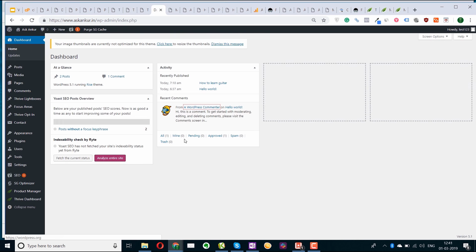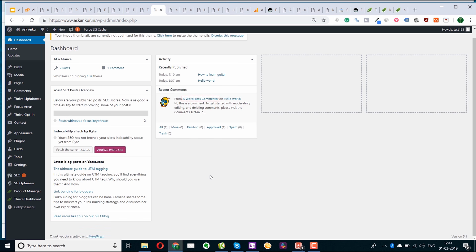Honestly guys, there's too much to learn about WordPress as well, but the things that I've shown you are the basics of understanding the back end of your website, the dashboard of your website. So this is the WordPress dashboard. I'll recommend you to first at least complete all these steps, and then sooner or later you'll start understanding all the other options as well. I'll also create a more comprehensive video about how to use the other options of this WordPress dashboard. So don't worry, don't feel too overwhelmed.